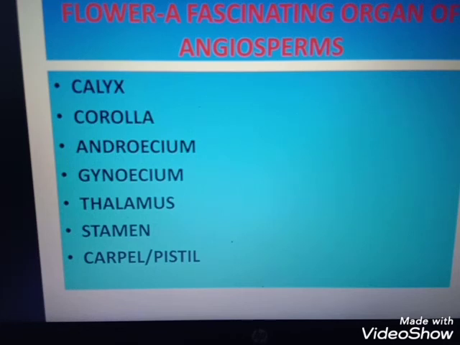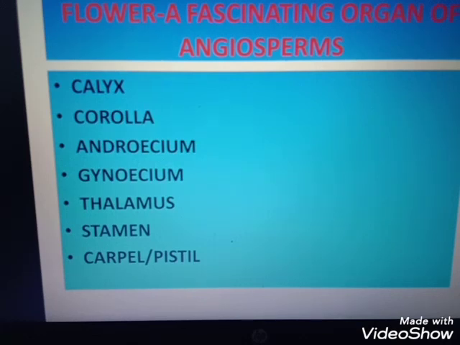The next question is to describe the characteristic features of the TS of the anther. That also we discussed. The next question is, how does the microspore mother cell develop into a mature pollen grain in angiosperms? It is the same question asked in another way. The second part of the question is to describe the structure of a mature pollen grain and draw a labeled diagram of its 2-cell stage. So you have to mention what the 2-cell stage is and draw the diagrammatic representation of this 2-cell stage. Clear?